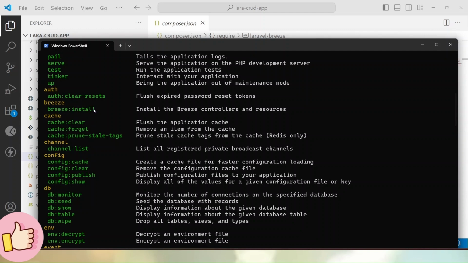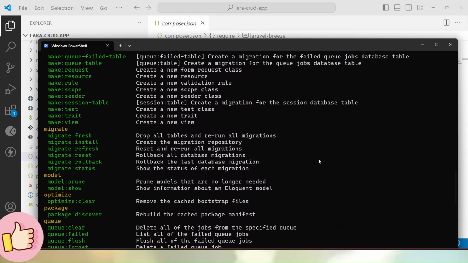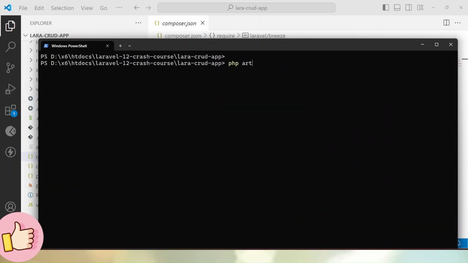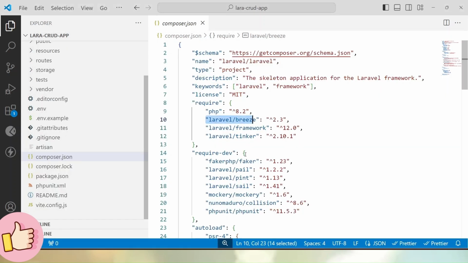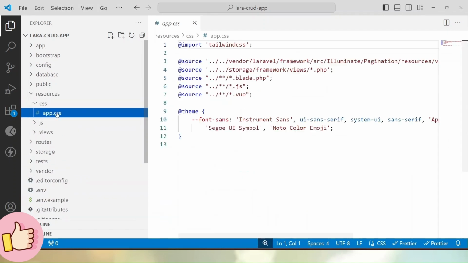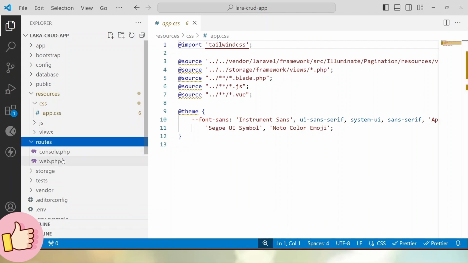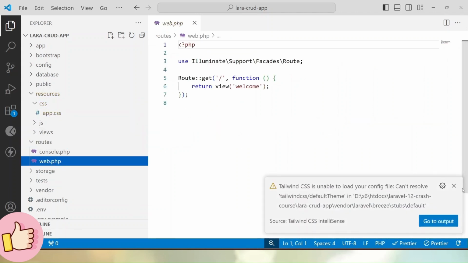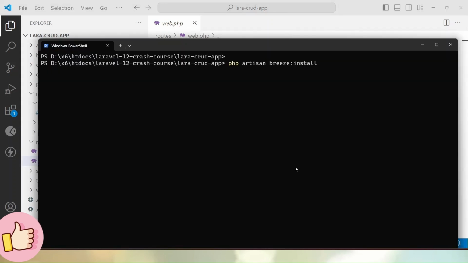So let's first clear, and the command will be php artisan breeze:install. And one more thing, while running this command, please make sure that you don't have any extra code inside app.css, like inside resources, css, app.css, because it will go and override these files. The first file will be app.css and the second file will be from the routes folder, that is web.php. So let's go back to the project terminal and hit enter,